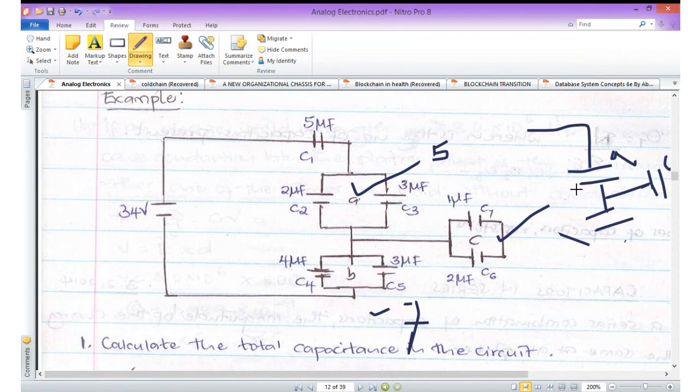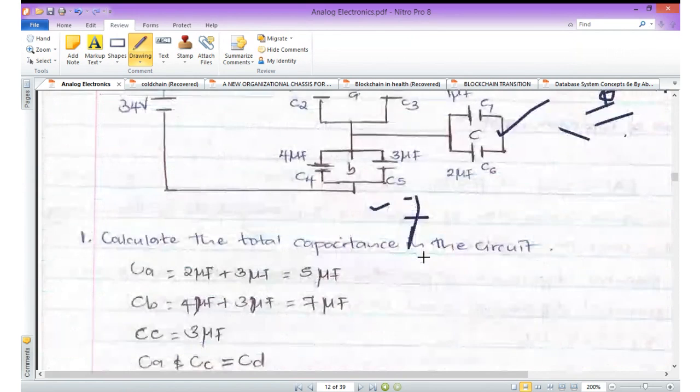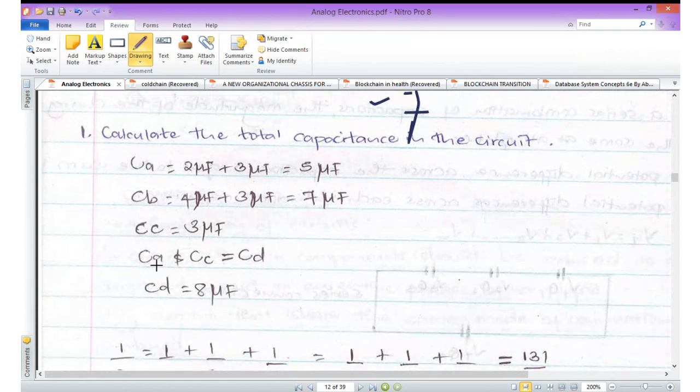So definitely, once this junction is here, then capacitor C is definitely in parallel with the others. So you can decide whether to merge it with circuit A or circuit B moving forward. If you look at the computation here, it's been merged here to give what we call circuit C,